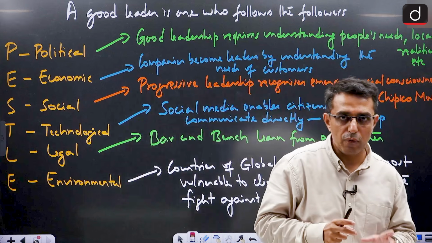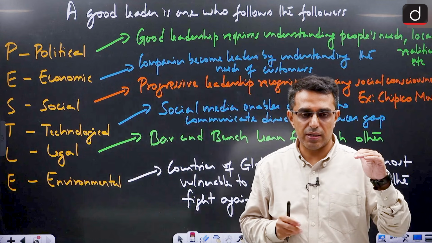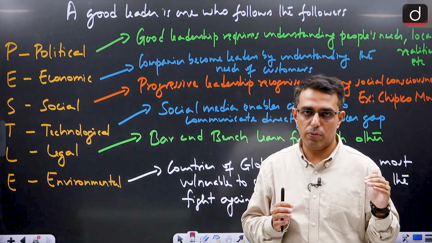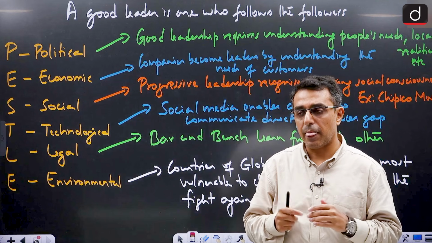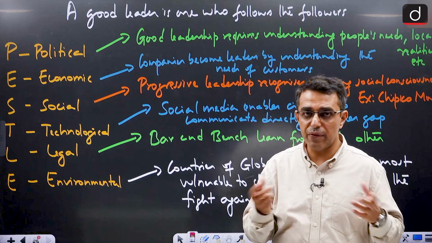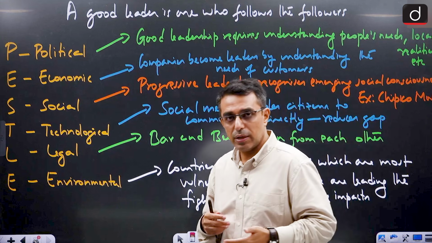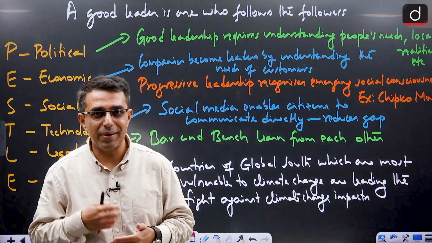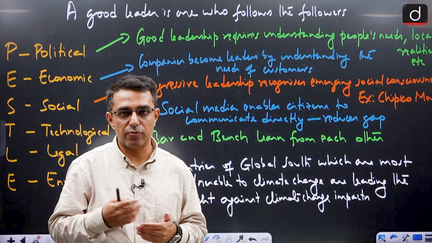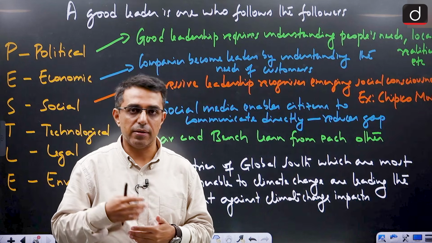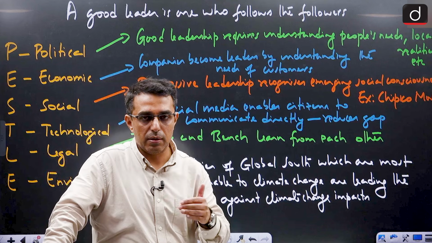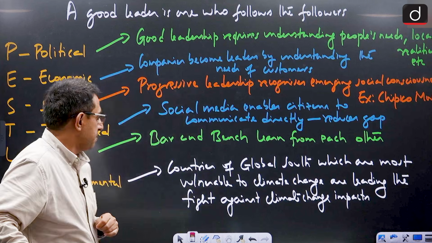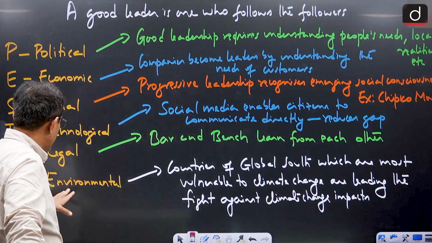So they are not working in silos, that they are judges and they will only order. No, they are also learning from the bar. And similarly, we can see it in every field. So it is the same equation that is between the government and the citizens. It is the same equation that is between the teacher and the students, and so on, right? So everywhere it is the two-way learning that is happening, and which leads to best leadership.